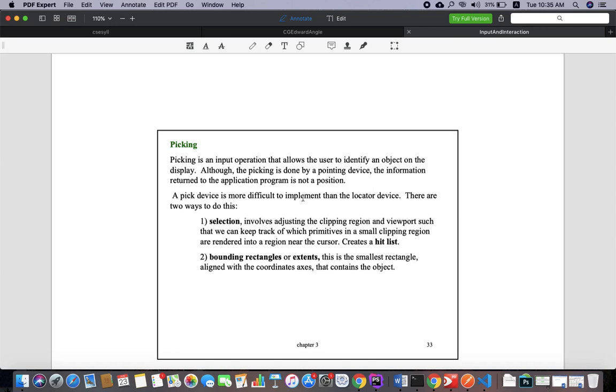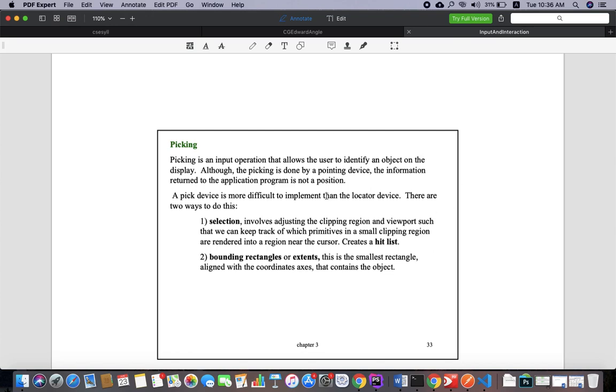So there are two ways to do picking. One is a selection, another one is a boundary. The selection is majorly the one which we do in Photoshop, right? We are adjusting the clipping region. You might have seen, we just drag the clipping region so we can fit it particularly to your face or something. So that is what we have as a selection. Here one clipping region will be given, and then we adjust it to the boundaries.